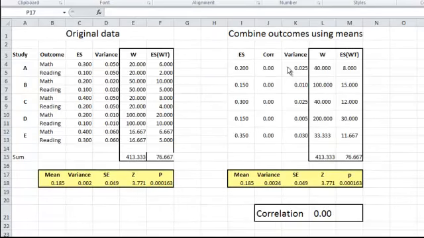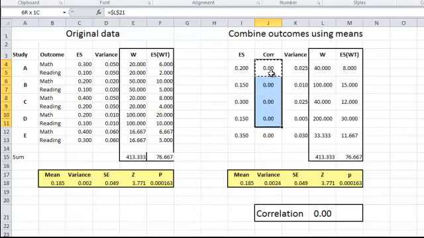If we were using this with real data, I would leave this set up so that we could set the correlation between math and reading separately for each study, because we might have reason to believe that in study A the correlation is 0.5, in study B it's 0.7, or whatever those numbers might be. But for the purposes of this video, I'd like to be able to change all of the correlations at the same time, and therefore what I'm going to do is link each of these correlations over here to this cell down here,